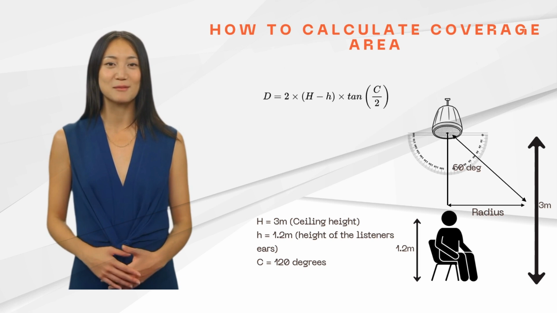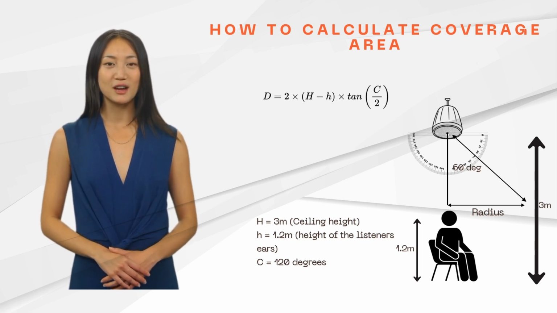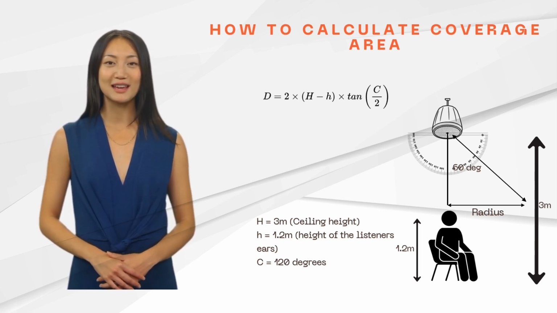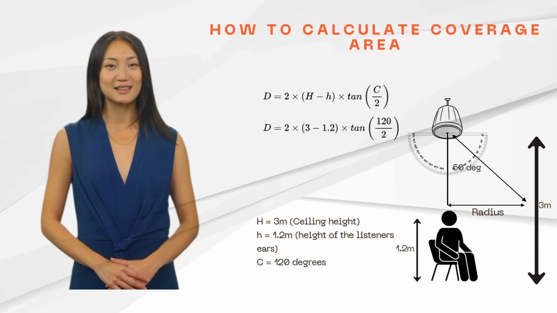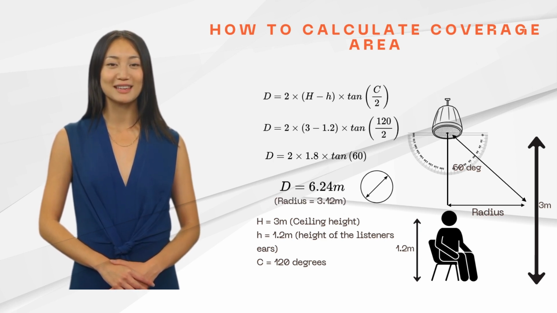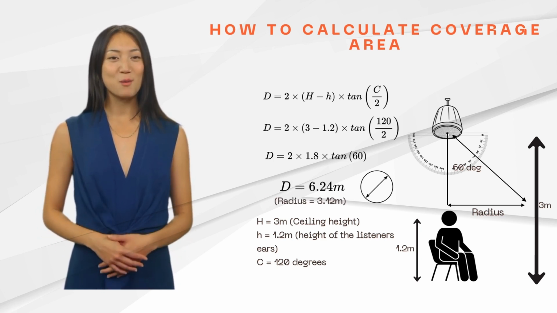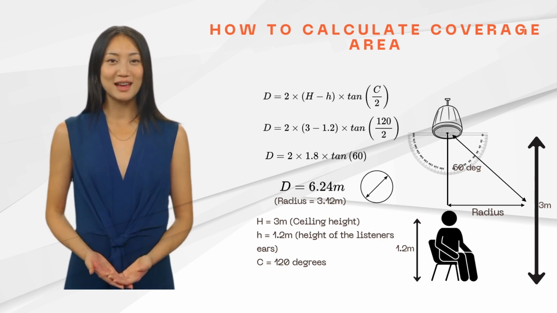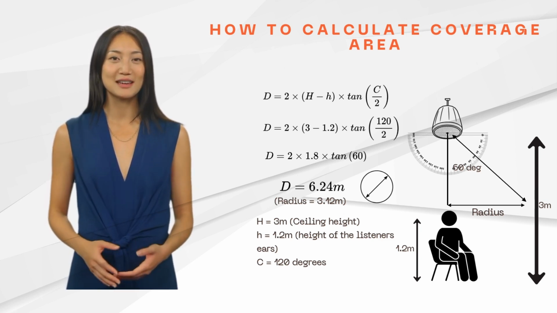Let's walk through an example. A ceiling speaker with 120 degrees of coverage is mounted at 3 meters height. The seated listener's ear level is at 1.2 meters. Plugging those numbers into the formula gives us a coverage diameter of about 6.2 meters. That's the area one loudspeaker will effectively cover, and it's what you use to plan speaker spacing in a distributed